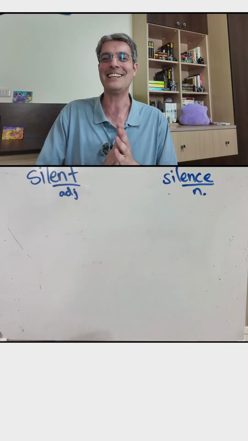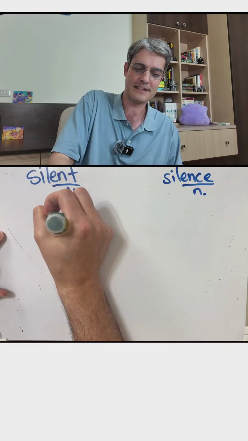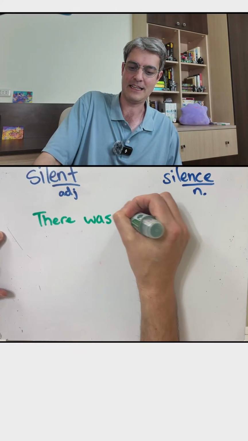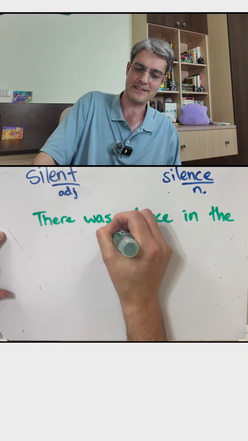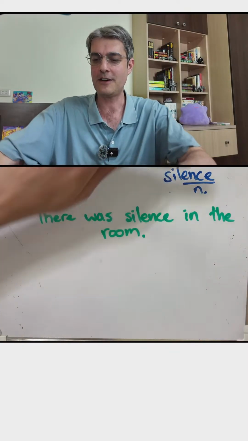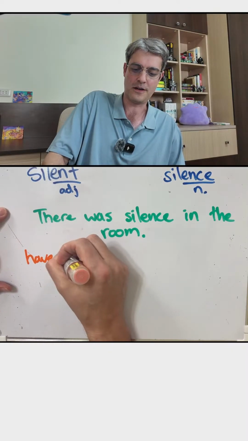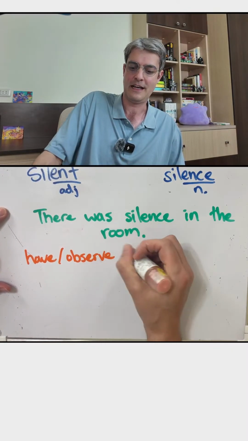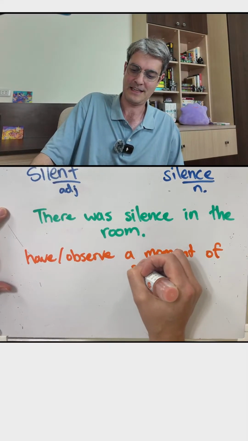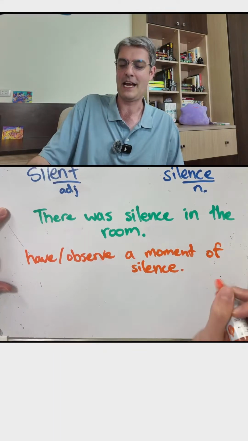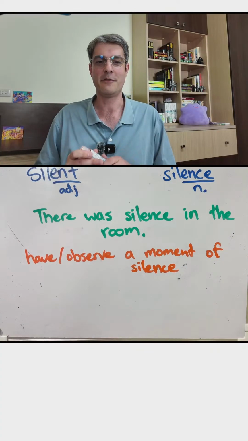All right, and if we're using silence, we could say there was silence in the room. There's a little example sentence for you. And here are some useful collocations. We can have or observe a moment of silence. And when we observe or have a moment of silence, this means you take a moment for everybody